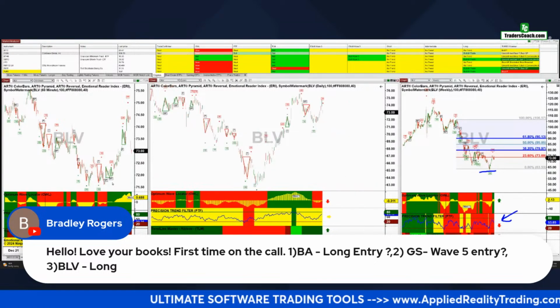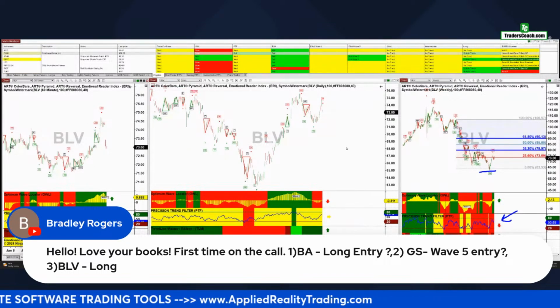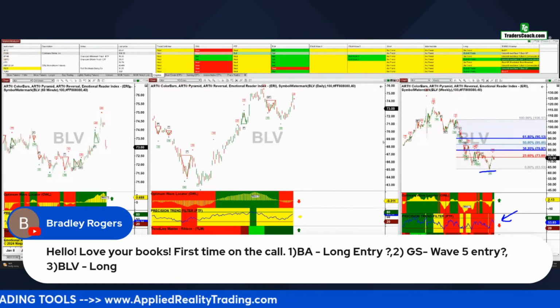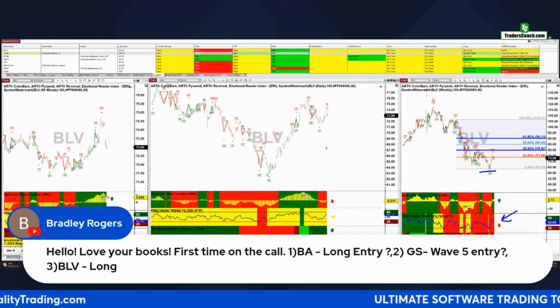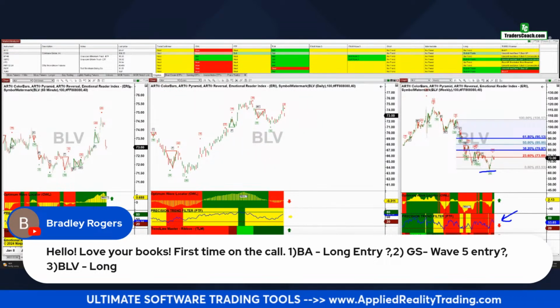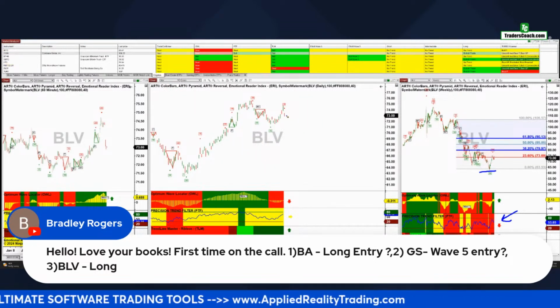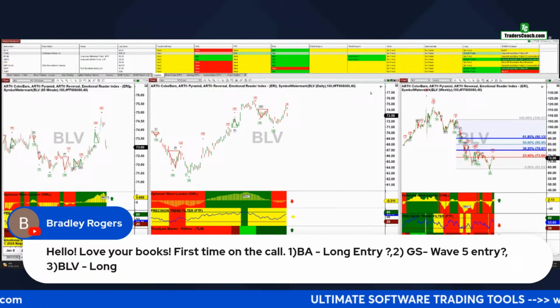Here we've got green here. I know prices have gapped down a little bit, but that's still green. This is a little bit red over here. So I think you can find something better on this at some point, but I would probably at this point take a look and see if we get some type of bullish price bars to fill that gap before actually taking a trade. So I would hold off on that one. All right, Bradley, thank you.